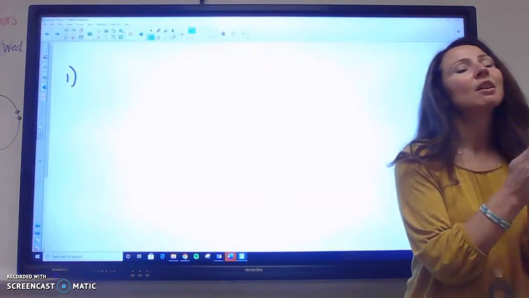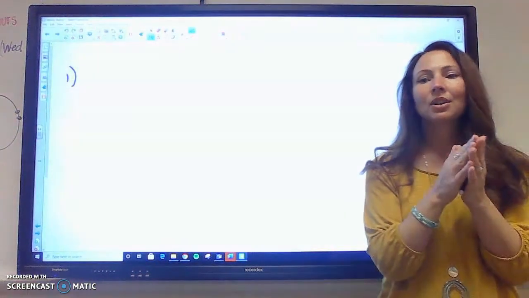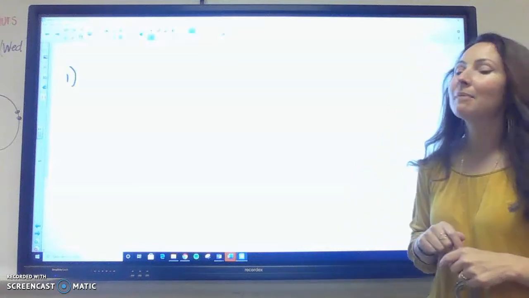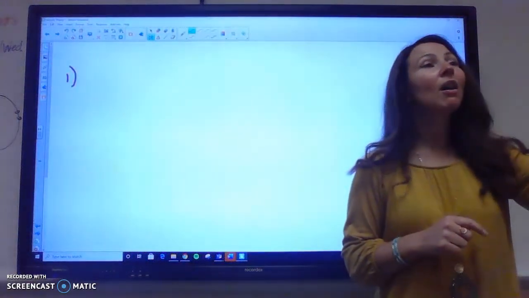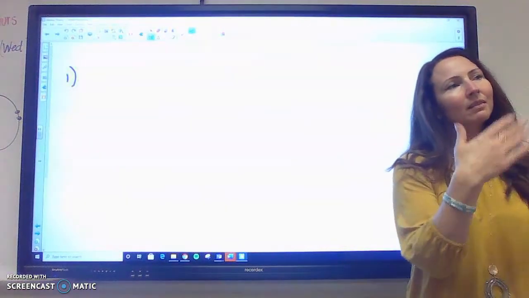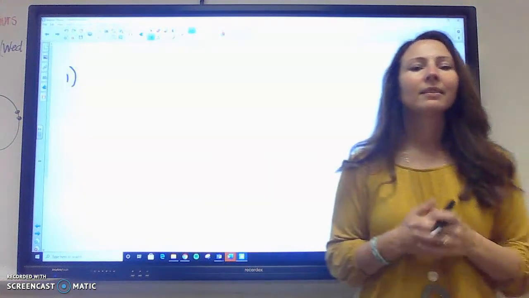So the first thing we're going to talk about is the law of conservation of mass. You all got a worksheet that is double-sided. The first side is the law of conservation of mass. So as Caleb already pointed out, actually it was Ryan, but Caleb, I'll let you tell us about the law